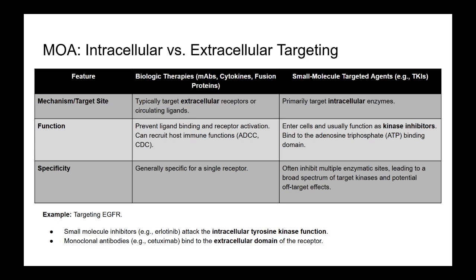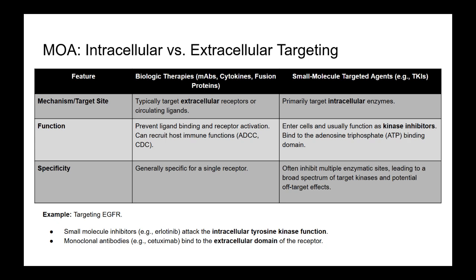Biologics targeting extracellular components primarily include monoclonal antibodies, which are the most common form of biologic therapy. These antibodies are typically specific to a single receptor and work by targeting extracellular receptors or their natural ligands. Their mechanism involves preventing ligand binding, which in turn inhibits the activation of downstream intracellular signaling pathways. For instance, cetuximab is a chimeric monoclonal antibody that blocks epidermal growth factor ligands from binding to the epidermal growth